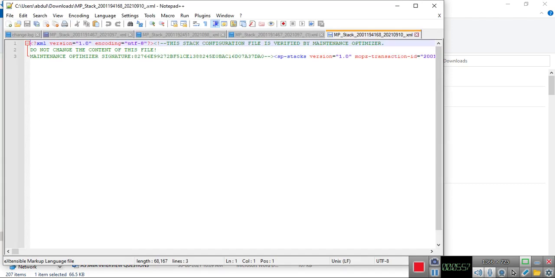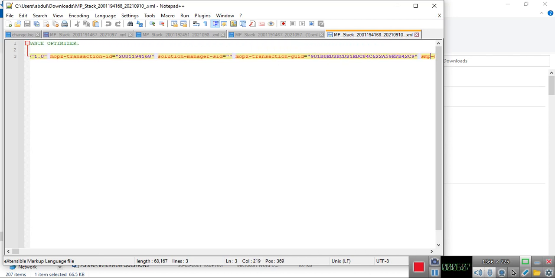It contains the SAP version, transaction ID, maintenance transaction, with which user ID you have created this, initial shipment pack, system number, and what are the required softwares, everything will be there.